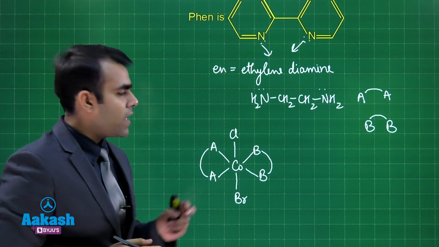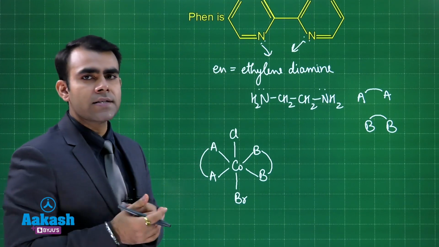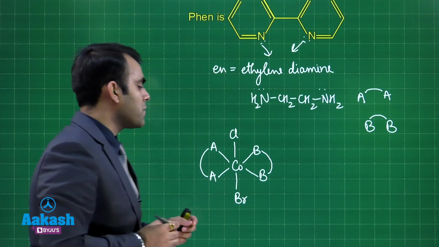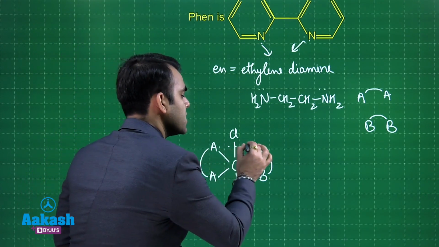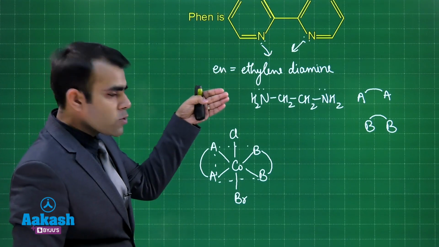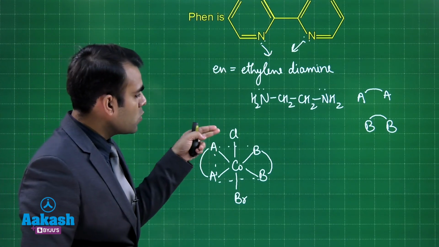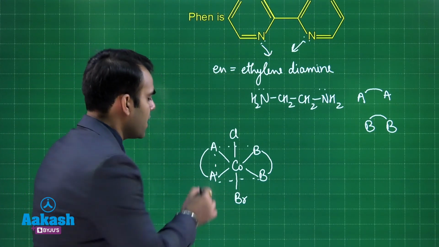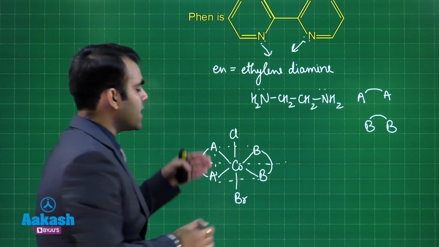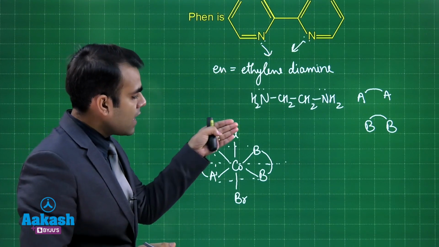Now you can see from here that the geometry is octahedral, and you can see that there is a plane of symmetry. For example, if this is an equatorial plane, then if I put a plane like this, that it includes my Cl, Br, and it divides these two bidentate ligands in equal halves, then we get a plane